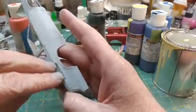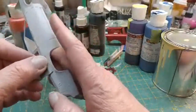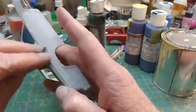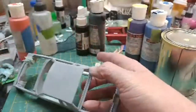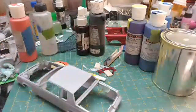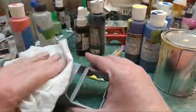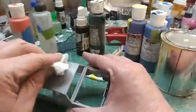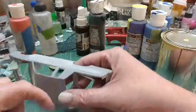And it's hard to do that around the fender wells to get a cross hatch. You just try to do as much as you can to do that. You just kind of work it back and forth. Once I do all that, just wipe it down with a little alcohol to get all that dust off. And once we go to do the painting,